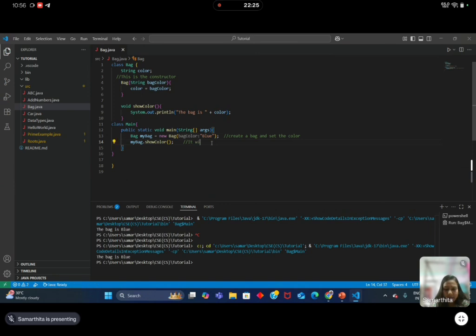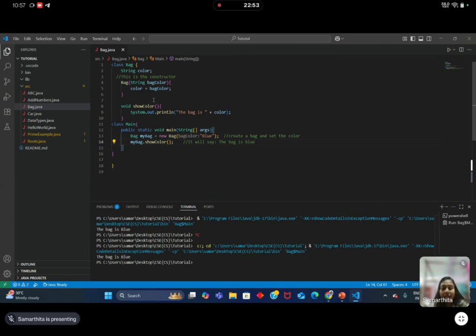It will say like the bag is blue, because it is calling the show color method. Okay, my bag dot show color. So it is calling the method, and here see the void show color, it is the method I have declared. Now see how the constructor is discussed here.